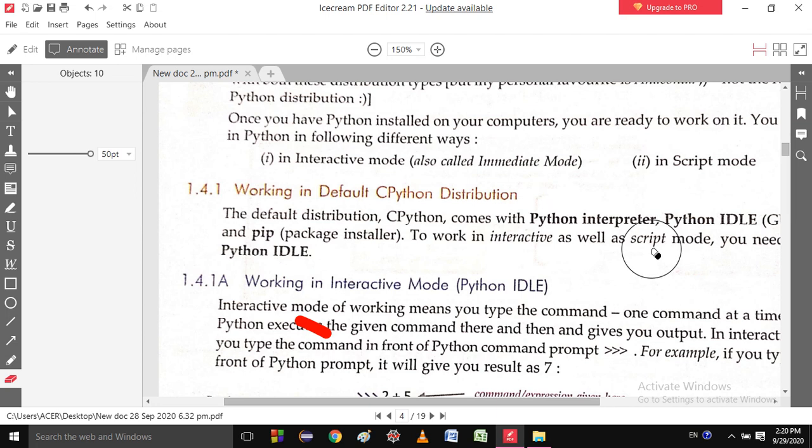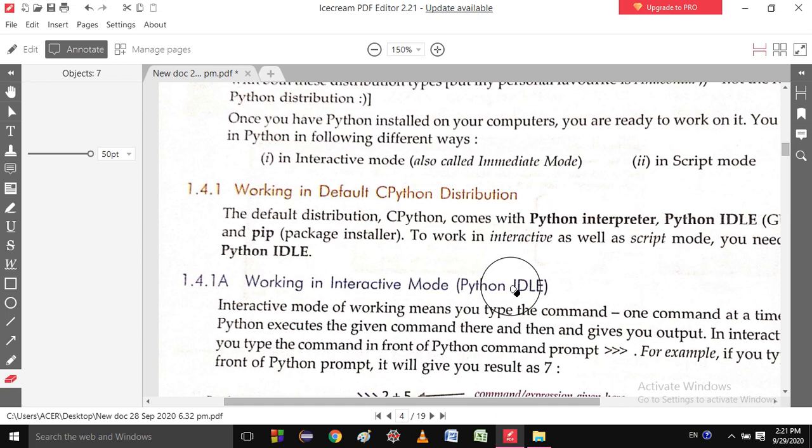When I was downloading Python, you saw the latest version was 3.8, from February 2020. The versions changed from 2.0 to 3.0, and after that upgrading is happening continuously: 3.1, 3.2, 3.3, 3.4, 3.5.